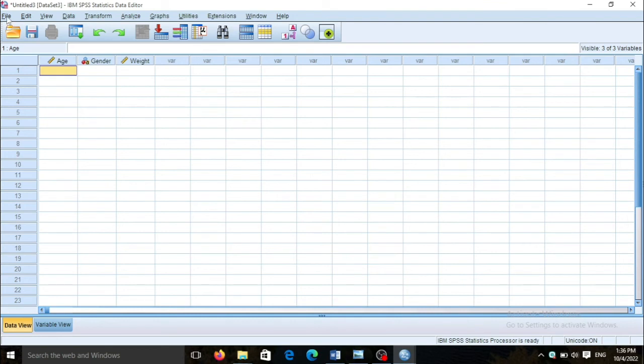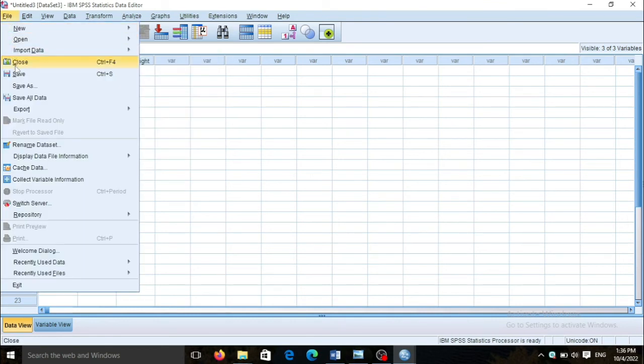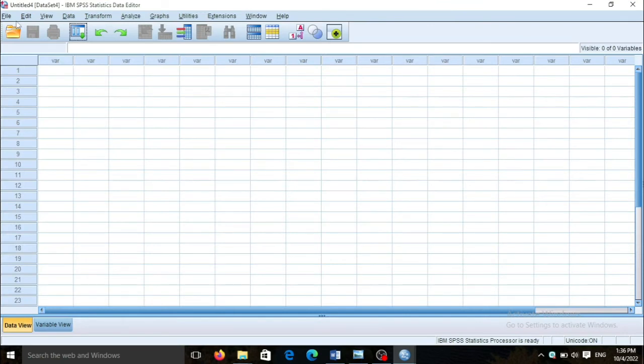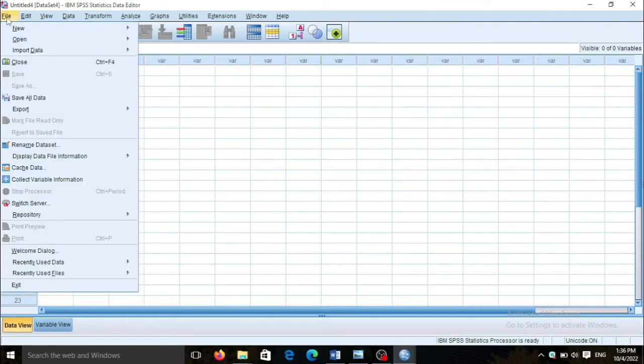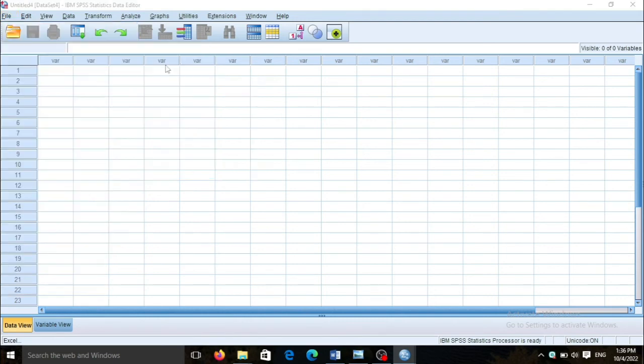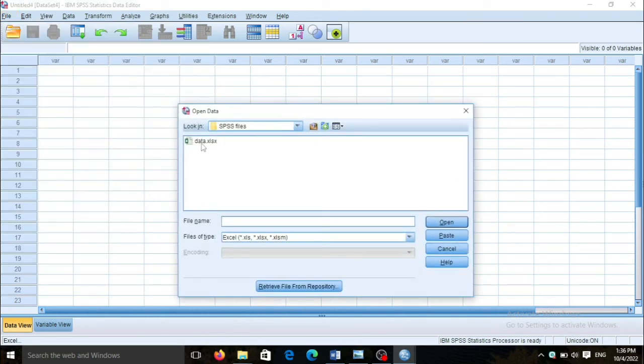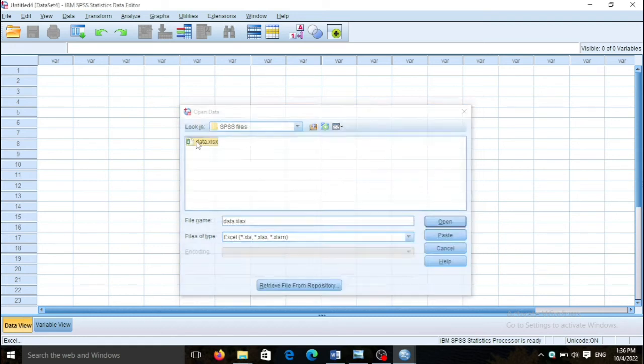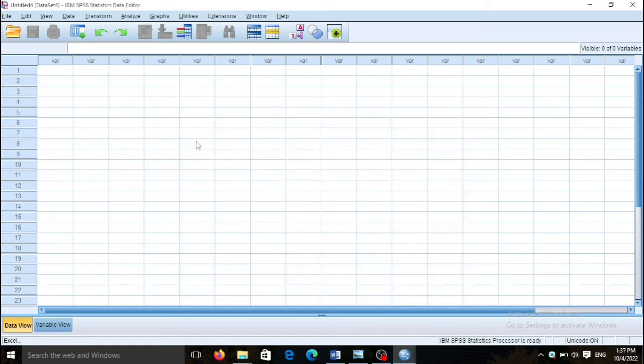And so now I want to enter my data from an Excel file, and I here open a new sheet, and in order to transfer your data from an Excel file to the SPSS file, you must go to import data and then choose Excel. So you must choose the Excel file you want to use as a source of data, and you find it, and it is my file, and you wait for the